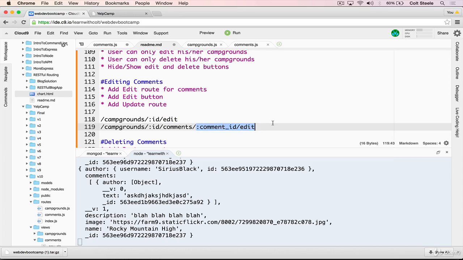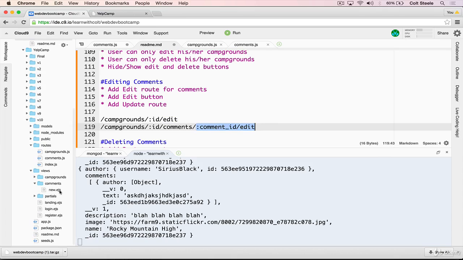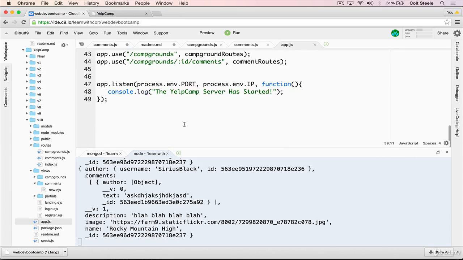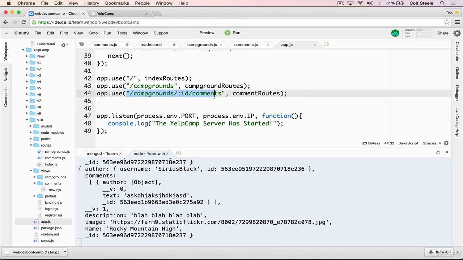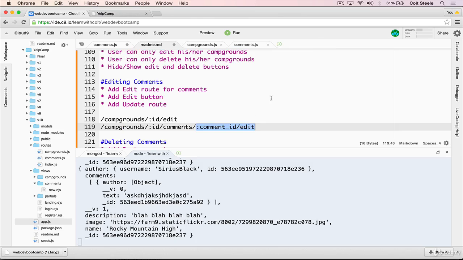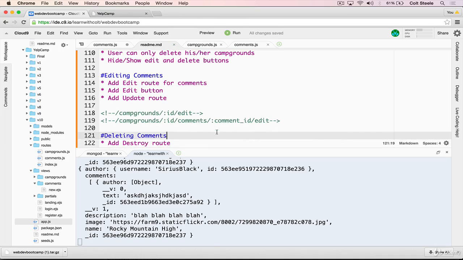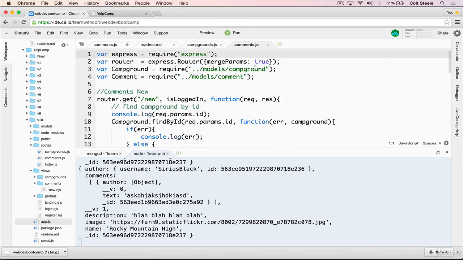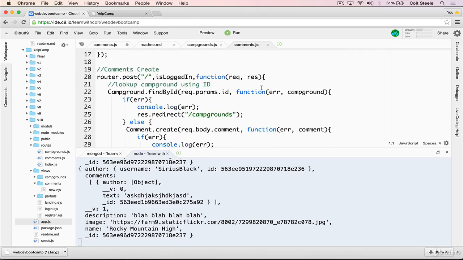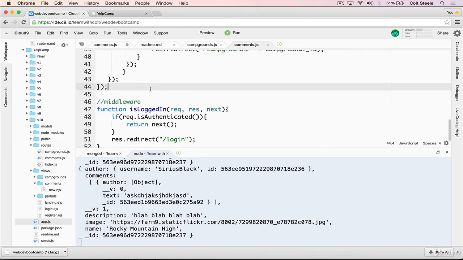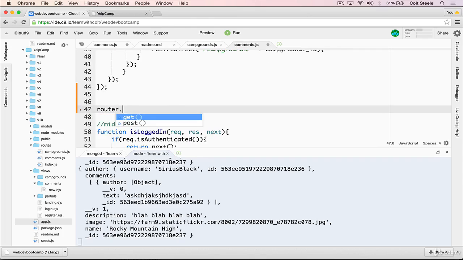All that we have to write, though, is this, because remember, in our app.js, where we require the routes, if we scroll down, we already add this in to all comment routes. So let's do that now. Comment these out for now. We'll start by focusing on this last bit of the edit route. So I have the comments.js routes file. We have new and create. Afterwards, we'll do a